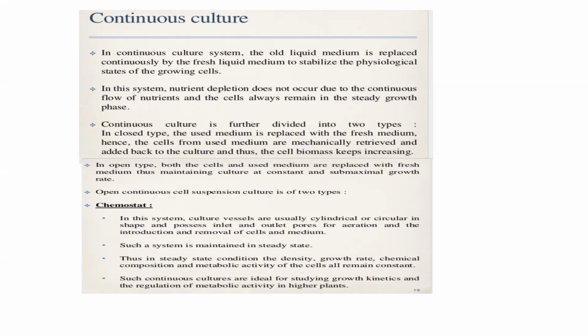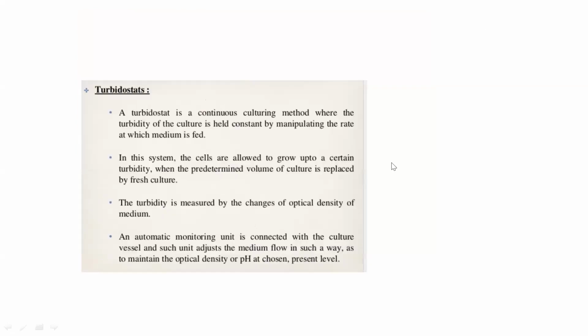When you use a chemical substance as a monitoring agent for maintaining the cells in the same steady state, it is called a chemostat. So you also have a turbidostat, in which the passage of light through the turbidity of the cells is taken as a monitoring agent. So it is also where the turbidity of the culture is held constant. So any change in the turbidity will be automatically controlled by the infusion of the medium